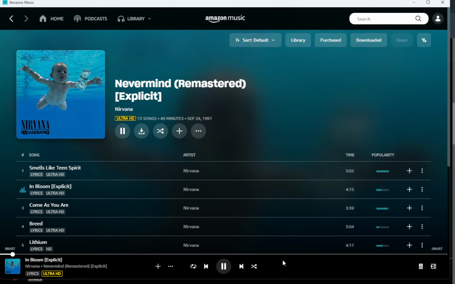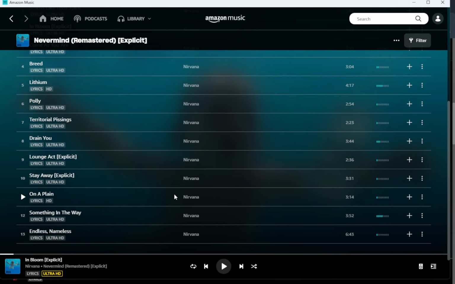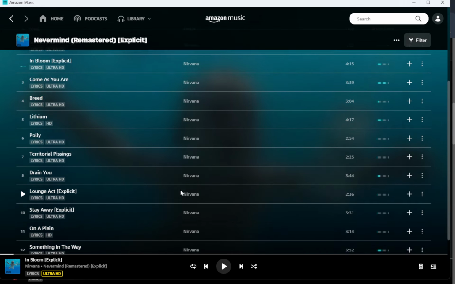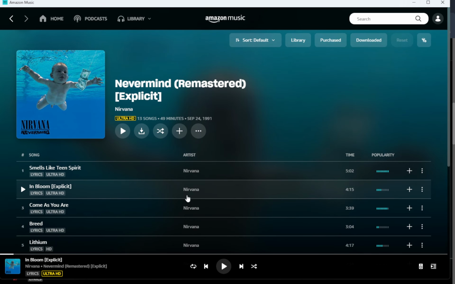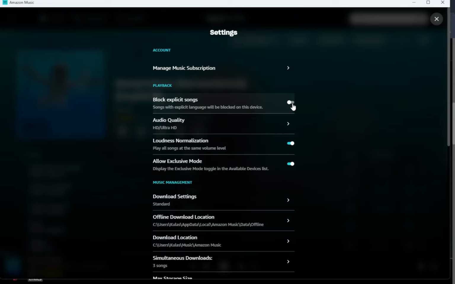There are a couple of important caveats to keep in mind. Some devices designed for families or kids, like child-focused smart speakers, may enforce explicit filtering even if you've turned it off in the Amazon Music app. That behavior is controlled by parental or household settings. If you're still not hearing explicit tracks on one of those devices, check the relevant parental controls for that device and make sure explicit content is allowed there as well.